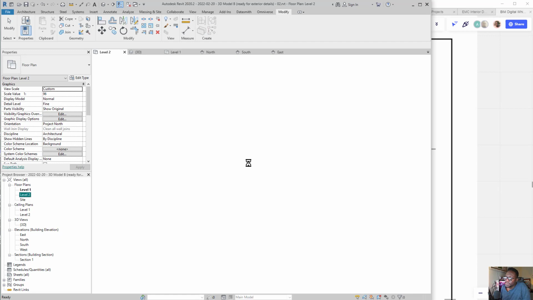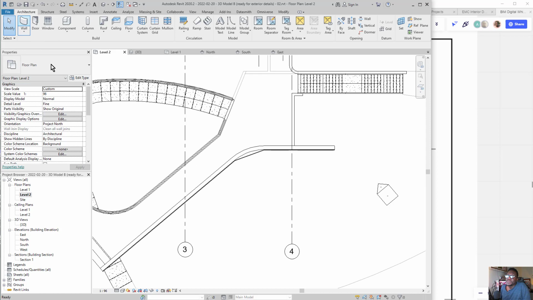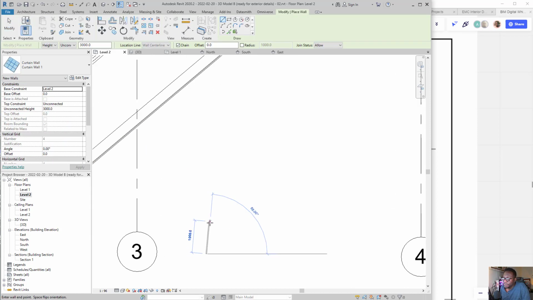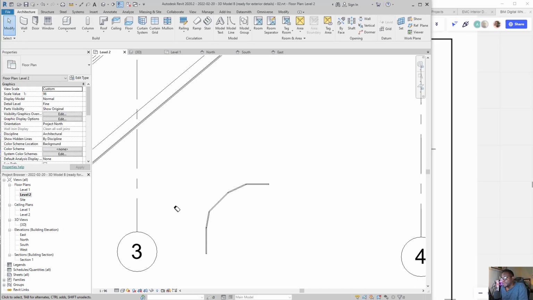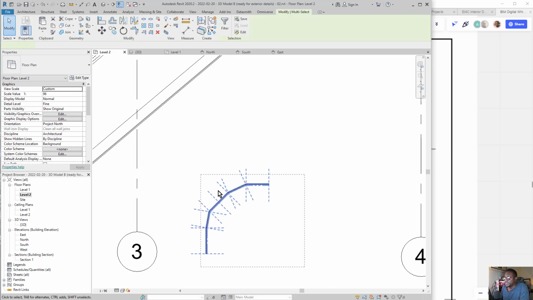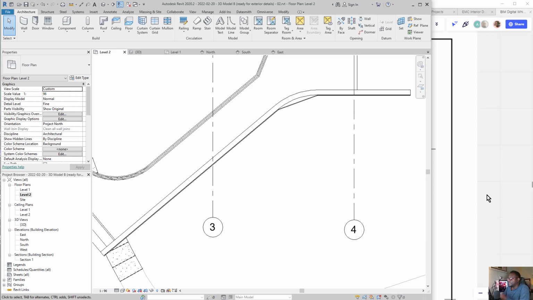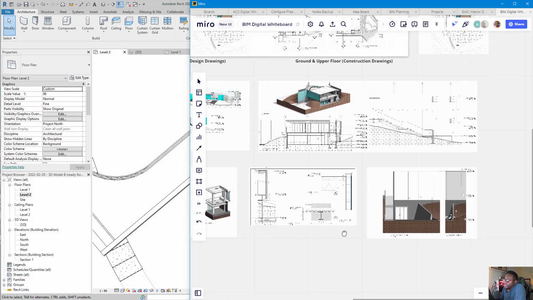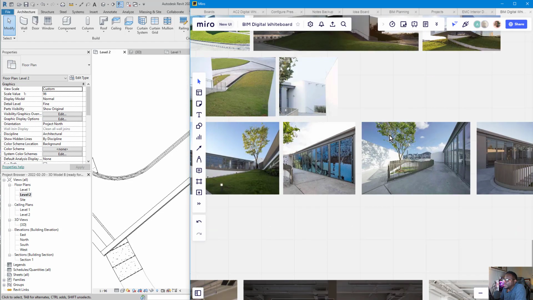So, for example, if I were to use a curtain wall again to create a curve, Revit is expecting you to take slight angles to create an actual curve like that. However, what we're going to do is, it is possible to have a glass that is curved. As a matter of fact, if we look on our drawings here and the reference photos, we can see clearly